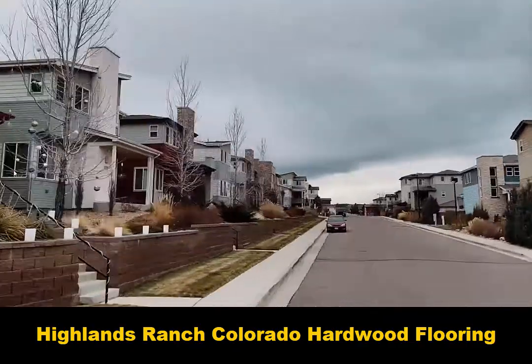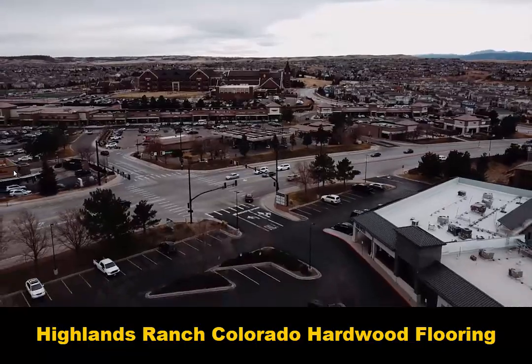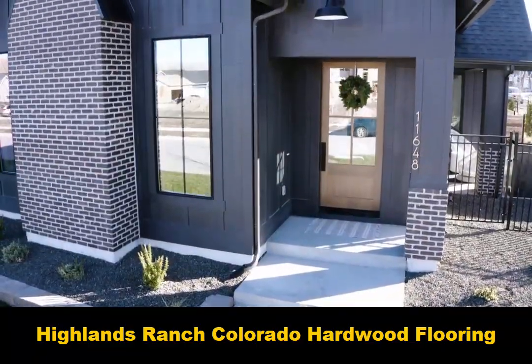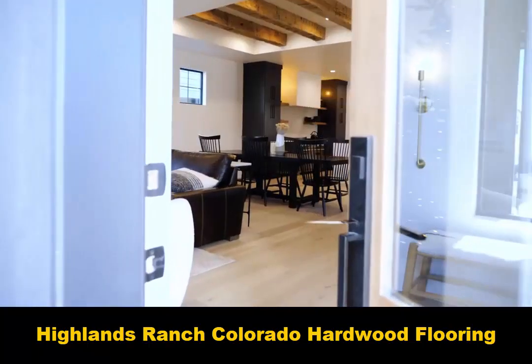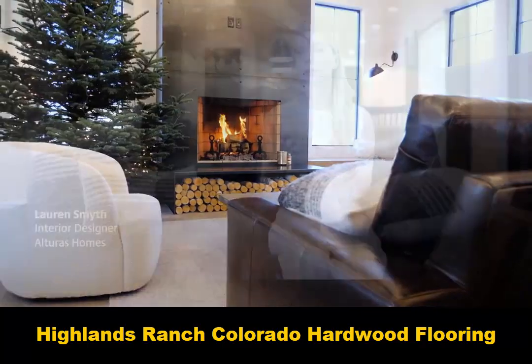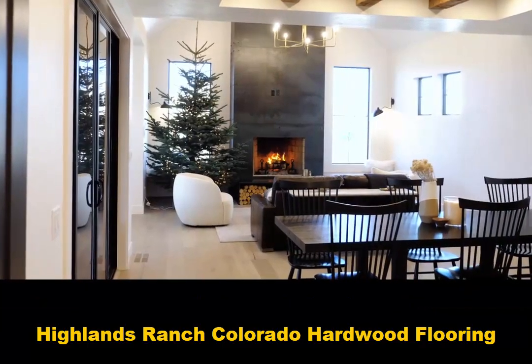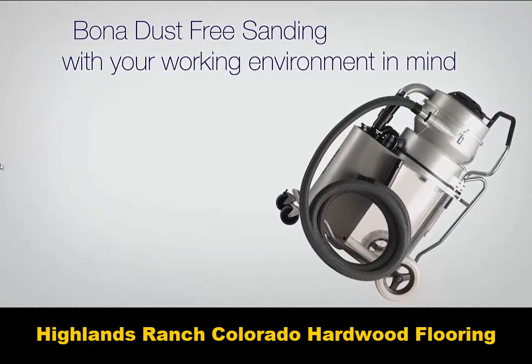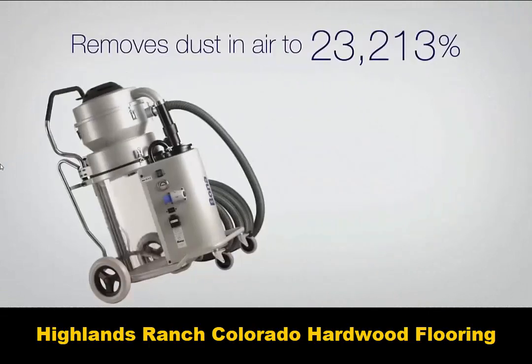This picturesque community has a lot to offer its residents, including beautiful hardwood floors. Hardwood floors can make a home feel warm and inviting, but they also require regular maintenance to keep them looking their best. That's why it's important to get your hardwood floors installed, repaired, refinished, or restored with dustless sanding and